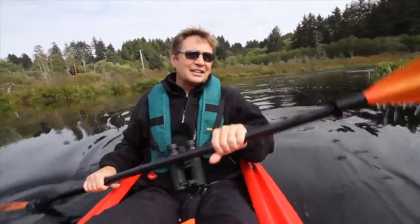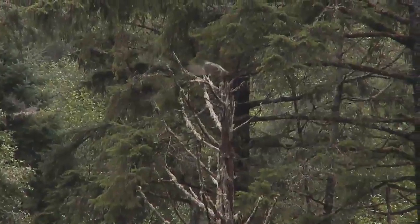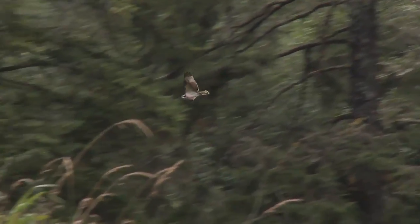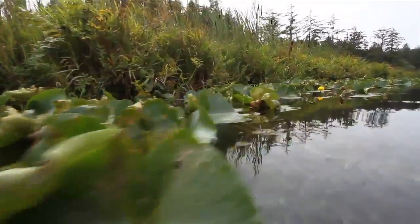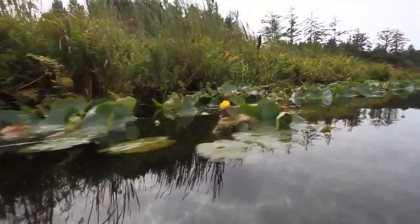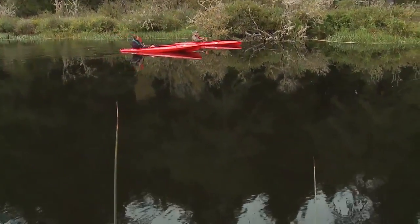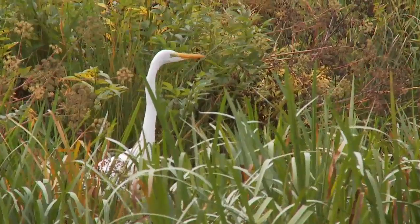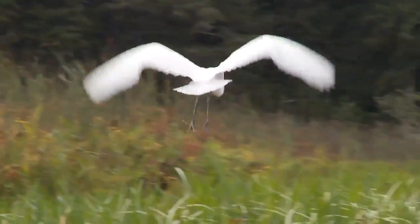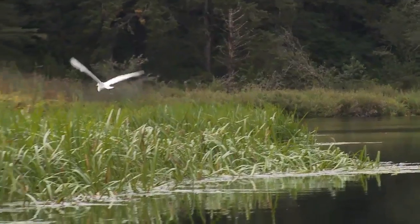But it's out here on the water where you'll likely find me, where nature's touch soothes the soul, at an Oregon State Park unlike any I've ever been to before. Can you think of a state park that has what you have here? No, this is fabulous. All trails and water trails, it's basically wilderness in a state park system. We're thrilled with it. So we're thinking of ourselves, but our children, our grandchildren, and their future generations to come too, as well as